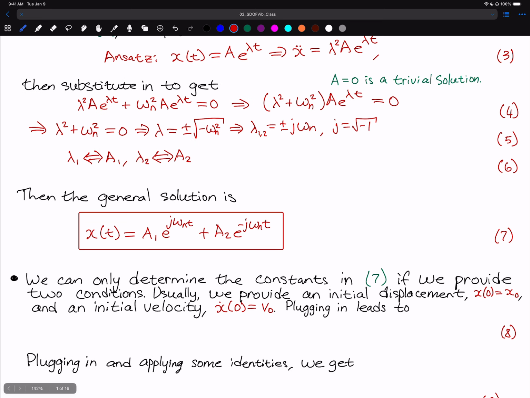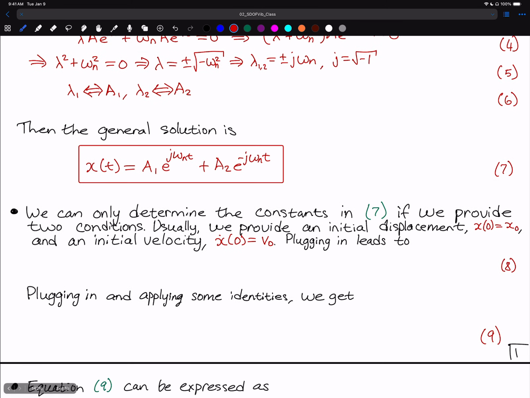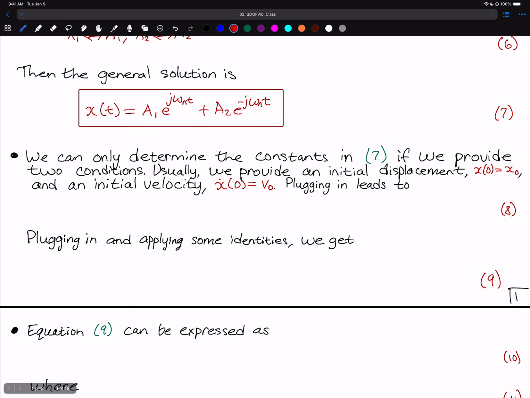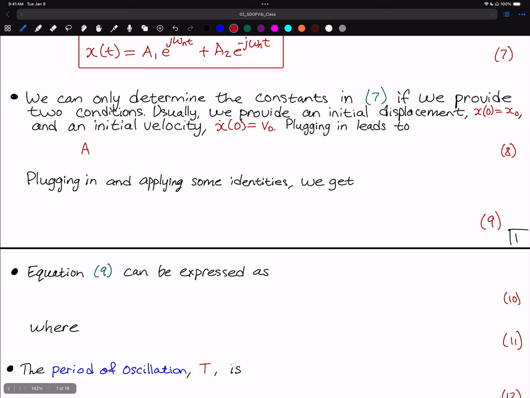If we go ahead and plug those into the equation and do some algebra, of course, we're going to find that a1 is equal to 1/2 times the quantity x0 minus j v0 over omega n, and a2 is equal to 1/2, it'll be the complex conjugate of that, 1/2 x0 plus j v0 over omega n. And now those are our constants, and if we go in and plug those in,